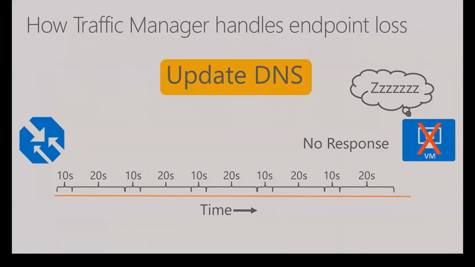The default with Traffic Manager is 300 seconds, it does it in seconds. That's 5 minutes. So it can be up to an additional 5 minutes before the client that's requesting this actually gets access to it. But the TTL is configurable. Like I said, 300 is the default, but you can lower that as low as 30 seconds. So you can drop that to 30 if you want. The benefit is these things will update faster. The downside is you're going to have more hits that go to your DNS. There's going to be more latency as more requests go through on that. So you have to strike that balance on what you want to do.